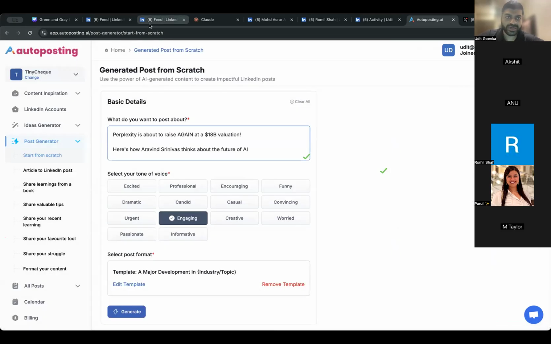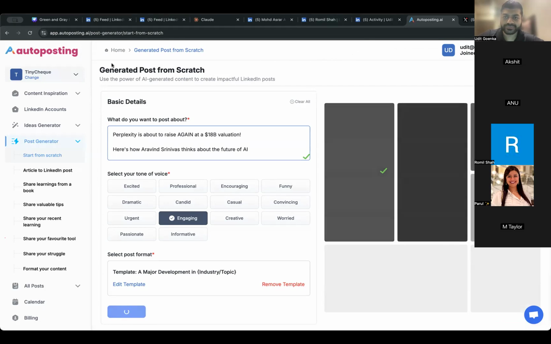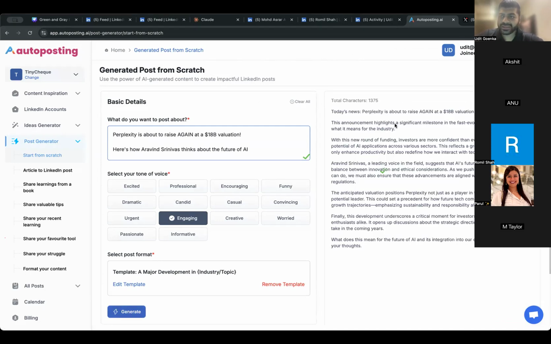Use this particular format. That's it. And I'm just going to click on generate. That's it. Now, all the scraping, our agents are doing all the work. It's doing all the scraping. It's doing everything. And as you can see, the content is now fully ready. This is how you create news content extremely quickly, right? Anything that's trending, go out there, copy that, paste it over here, select the format, and you're all set and